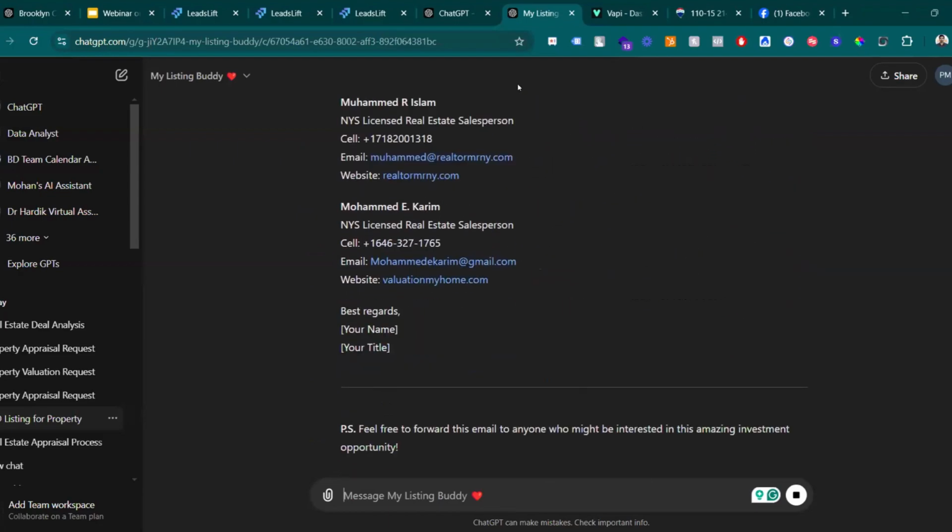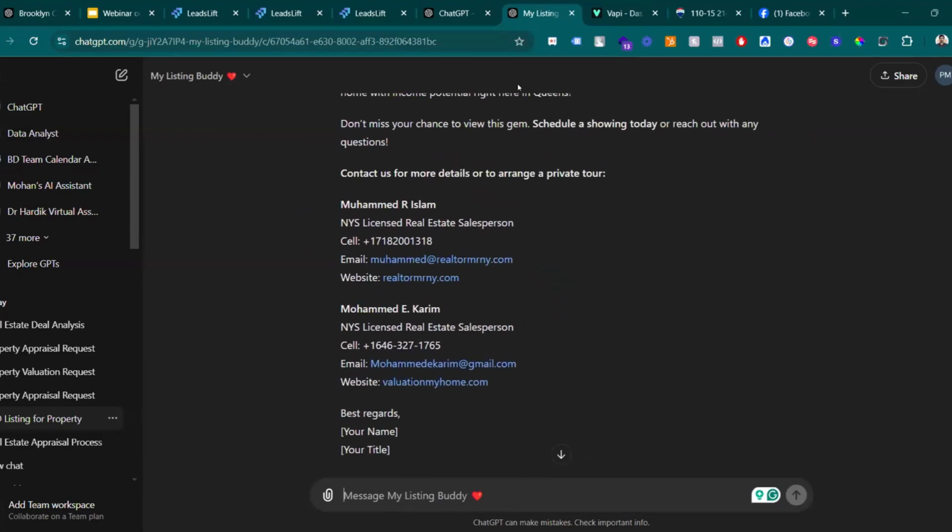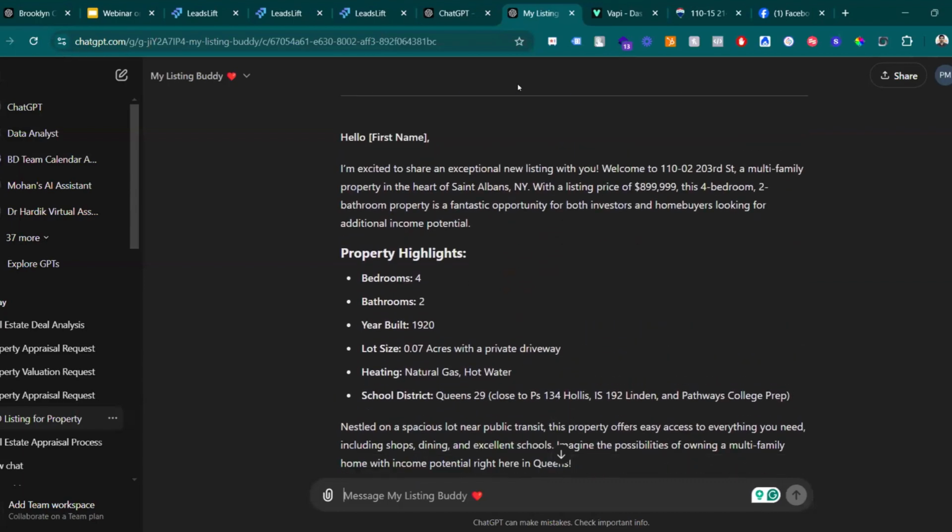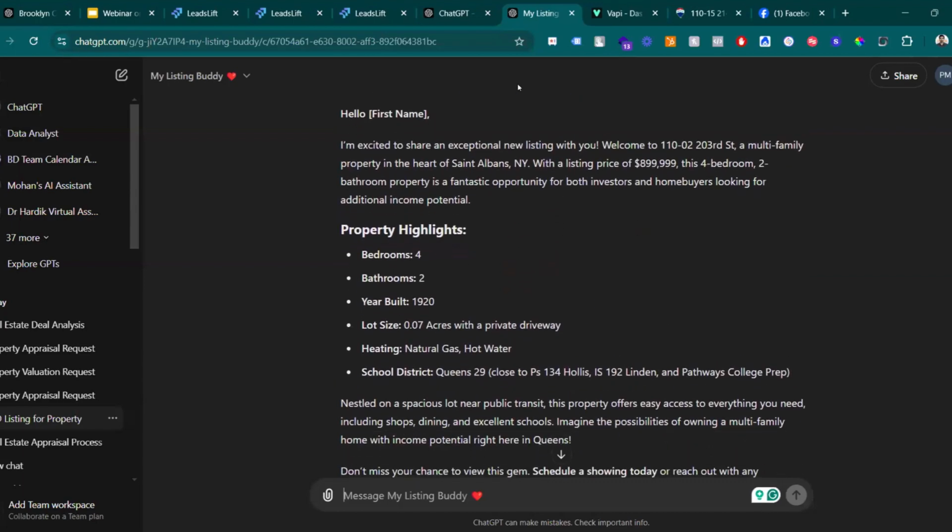So I think overall ChatGPT is very powerful for real estate agents. It's really helpful for all the agents who want to use it properly. You have to know how to write the exact prompt you want. If you don't know how to write the prompt, you're not going to get the answer. So asking the right question to ChatGPT is the key. Am I right? Yes, exactly.